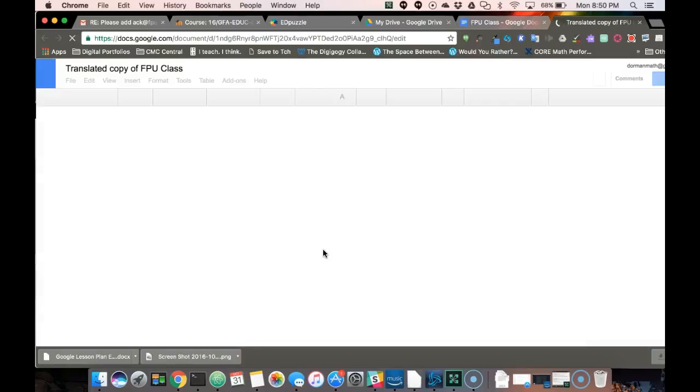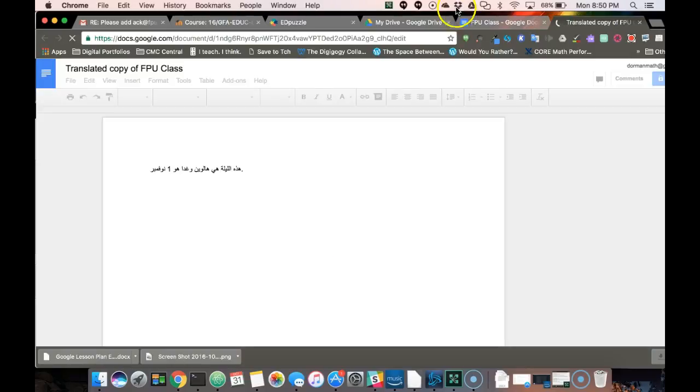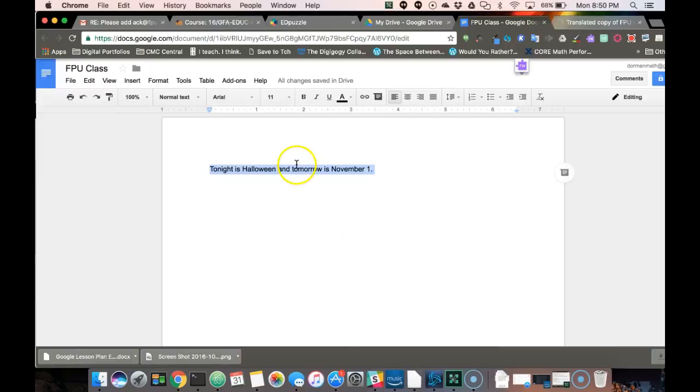Also, within Google Docs, you can go through and you can say translate. Any document you want, just like that. Okay, or if I right click on this,